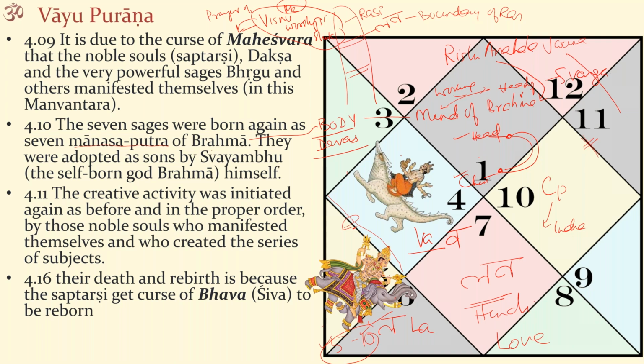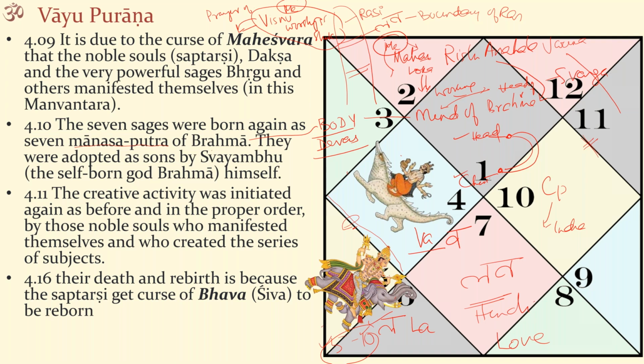Now these 7 sages were born. Now why? So the sages were in Anahata, right? At the Maharloka. So they have to come down. Why will they come down? Because of the curse of Maheshwara. Mercury seems to have cursed them. How is Mercury connected to Maharloka? Homework. Please answer this in the list. How is Mercury connected to Maharloka?